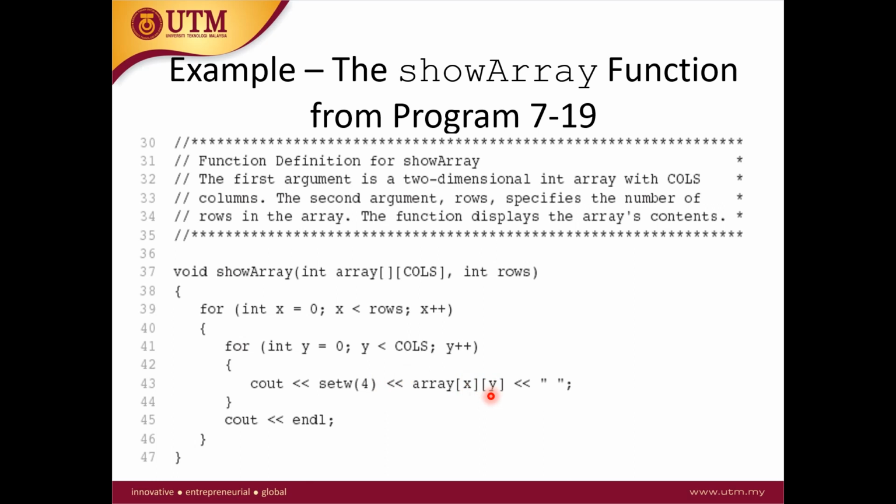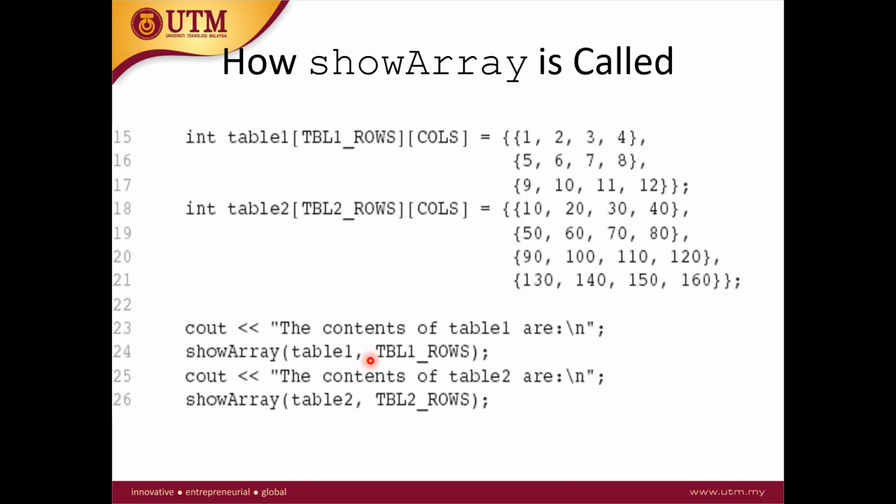First the columns are going to be incremented, then it goes to the second row, and when we're done doing that, we are going to go to the next line, and we are going to close the brackets. And setw is a function. We are going to talk about it later, and just ignore it for now. And this